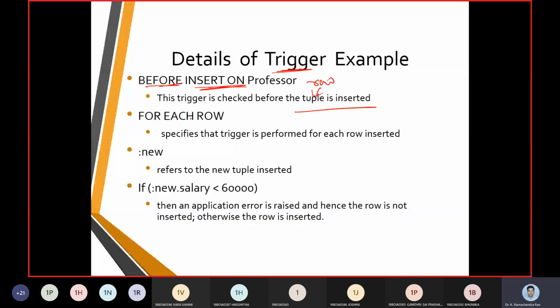Then on what columns we want to use. Assume a table has 4 columns, but we need to access only 2 columns. Therefore we will give the column list as only those 2. Then we will give on what table name, on what database, or the virtual table. The view we call a virtual table. Whether we want to work on the actual table or on a partial database, that is a view, we are going to point it out.